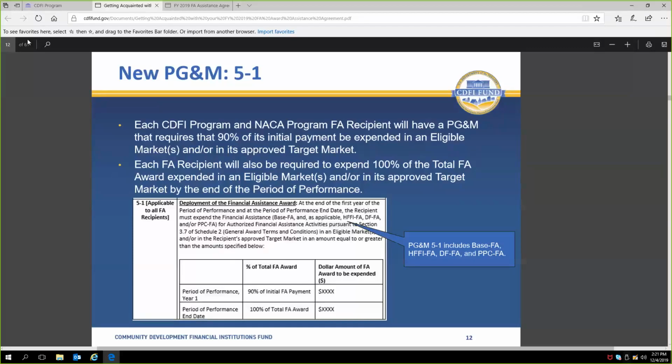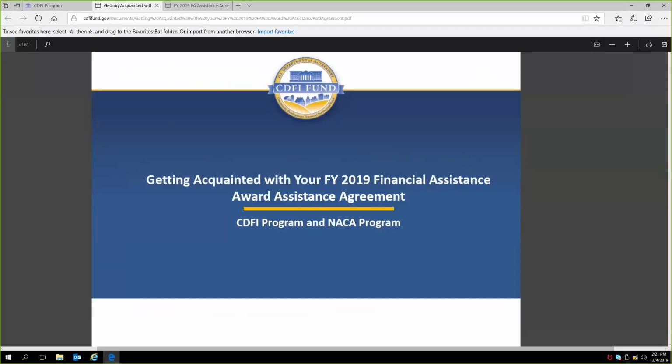Great. So this is Amber again. The CDFI Fund, as we put out in some of our guidances, we aren't responsible for accepting your individual grants. For example, we don't say, okay, we've reviewed all of this documentation and therefore this grant is now attributed to the fiscal year 17 FA award or the fiscal year 19 FA award. What the guidance says is that when you submit your matching funds documentation to us, you're saying, yes, we have these things and we have enough match to cover this award and every other award that we've ever gotten. We're not going back and double checking that you submitted this in this year or this year, but we do, however,